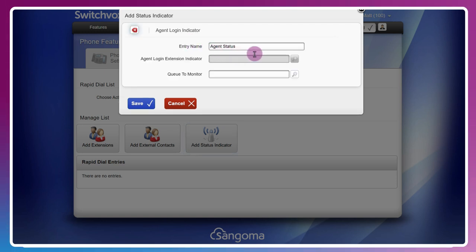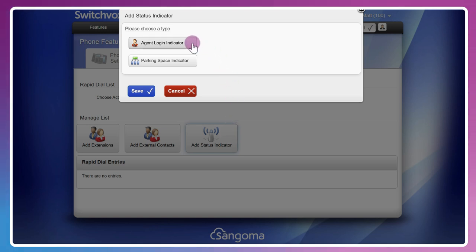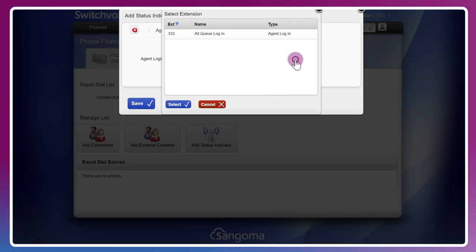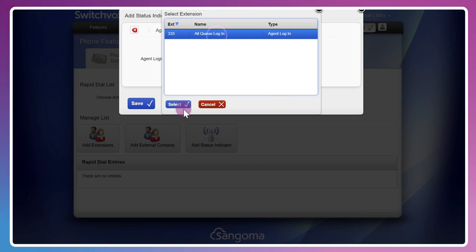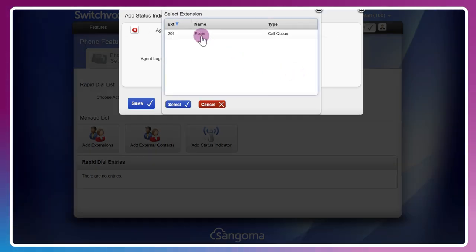We're going to choose our extension 501 for logging in and out, and the queue to monitor is our sales queue. The rapid dial phone entry can now be accessed by the user from their handset rapid dial key or their favorites list, such as on the D80.